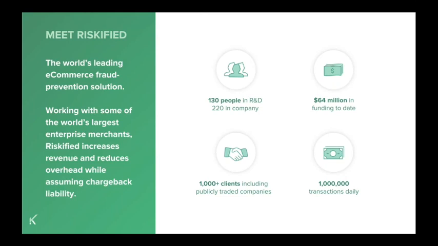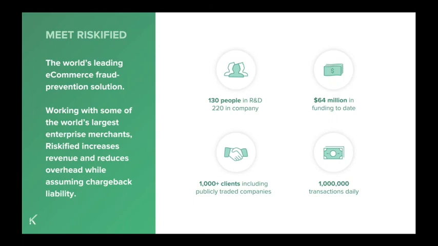When we work with businesses, we typically try to find segments or order populations that are more problematic and start there. For example, some merchants will only send us orders they plan to decline because otherwise it's lost revenue. Send it to Riskified, see what they can approve. If it comes back as a chargeback, we're not liable for it. So the risk is very low. And again, there's the speed.